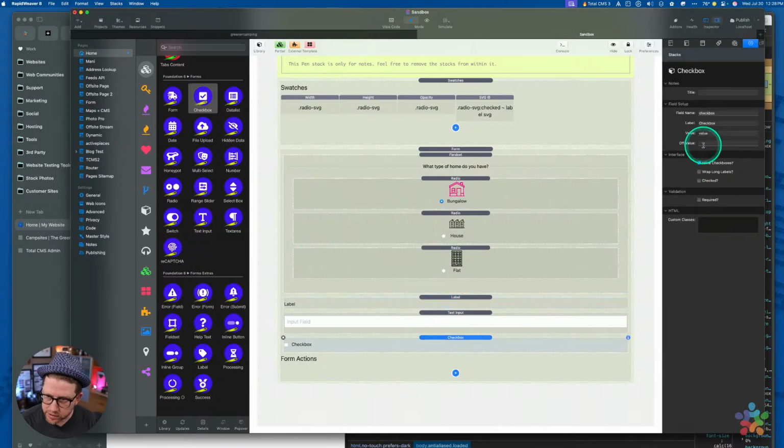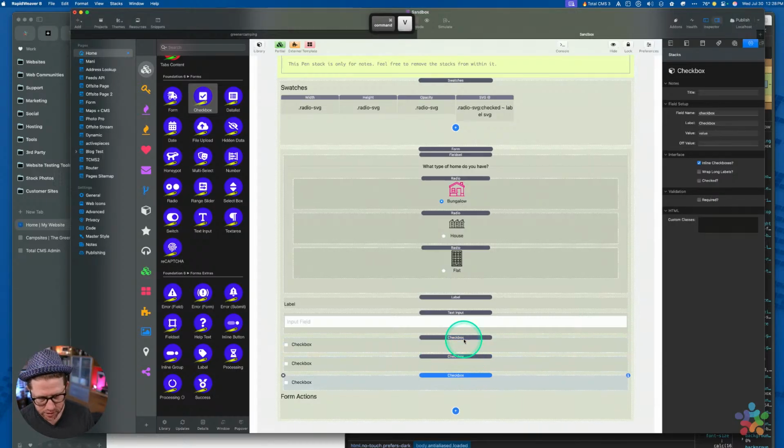In the checkbox, a checkbox can have multiple field names. Okay. So with a checkbox, the way that you